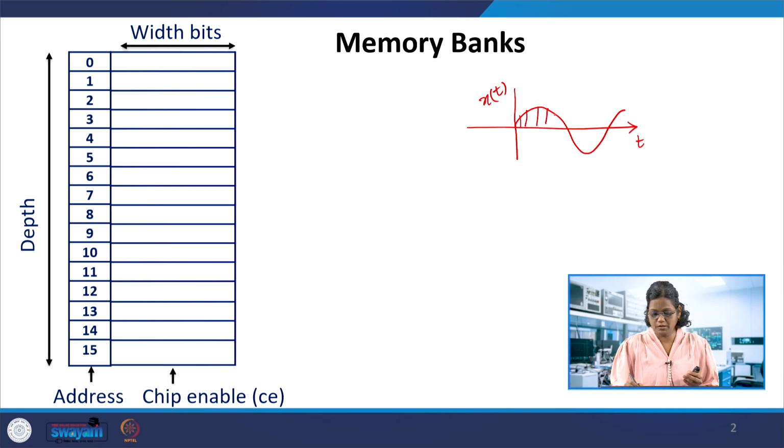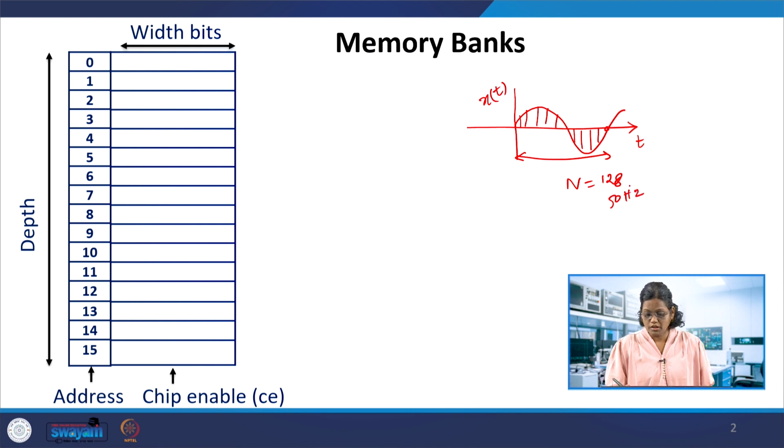We sample it, and the number of samples per cycle needs to be stored in a memory bank. Suppose we take n equal to 128 samples per cycle. So for 50 hertz or 1 kilohertz, what about the frequency? It depends on that. The sine values are calculated,